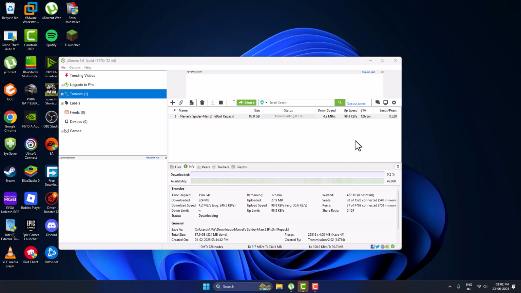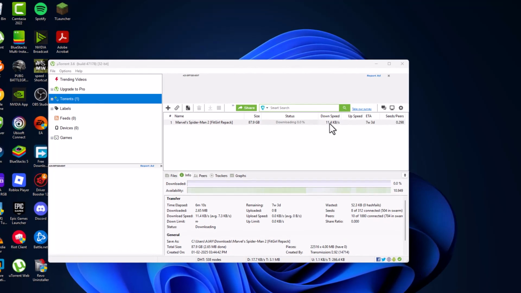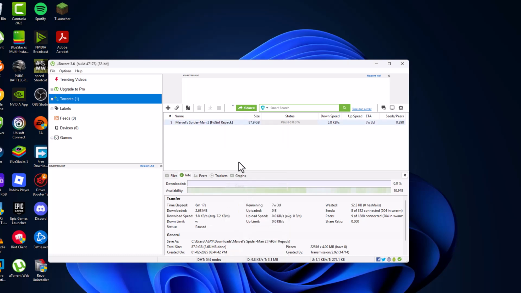Today we are going to see how to speed up uTorrent downloads. I will show you how to do it. Right now I am getting a download speed of 10, 20, or lower than that. Just right click on it and select the pause option, and then go to options and select